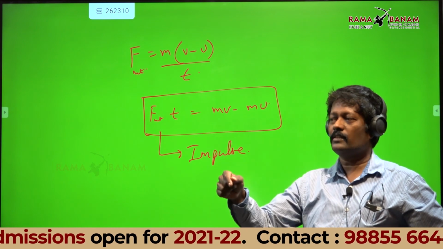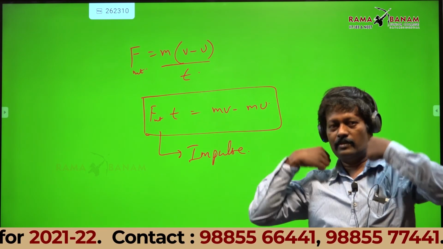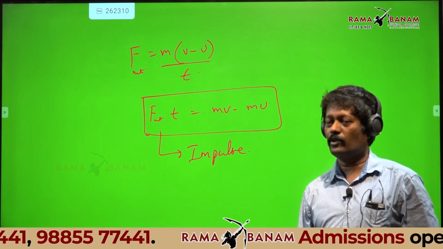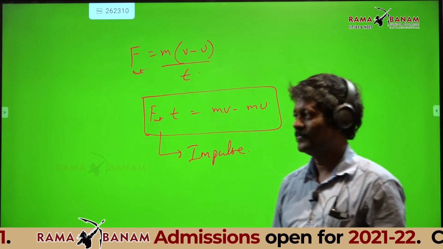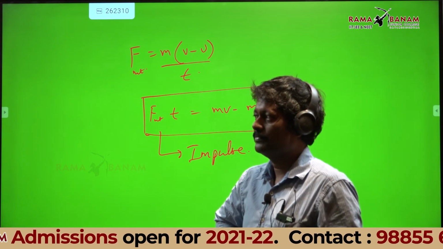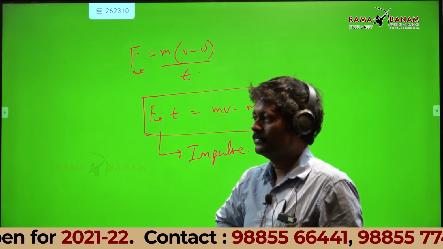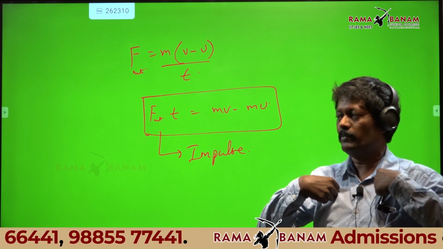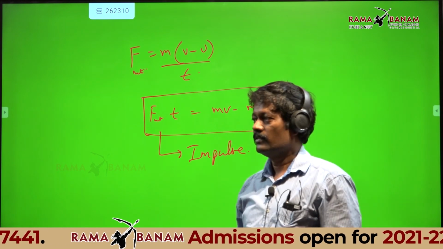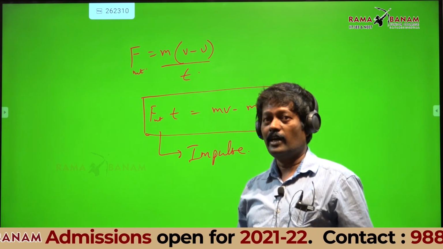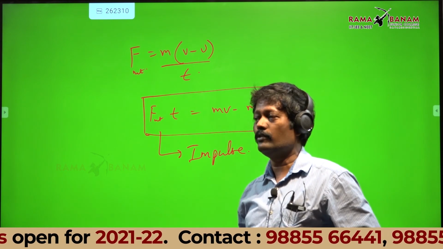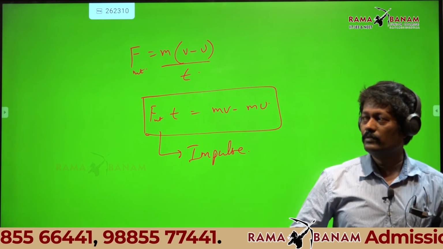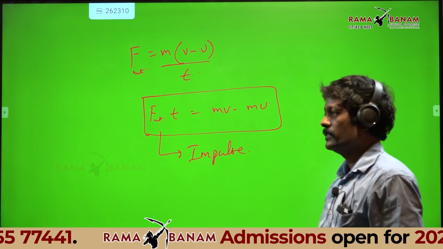Whoever tells this answer will get a Sky bag from me in the offline class. A quality bag, you know, they will get from me. You can come and ask me in the offline class. So no one wants a Sky bag, I think. Those who answer can ask me, sir, I answered, you told you will give me, you have not given. Then the next day I will come and give you.